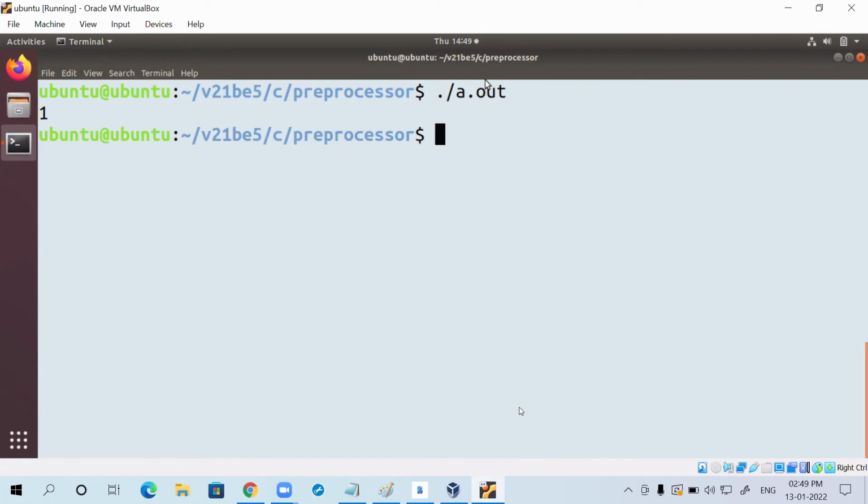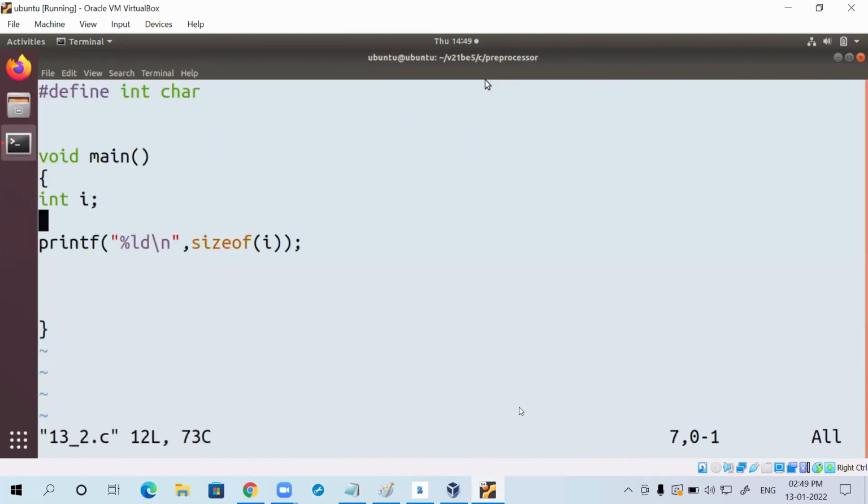Will you agree? Warning, because I didn't include the header. Suppose you don't want that. What you can do, you can undefine it. Suppose after this, if I want to